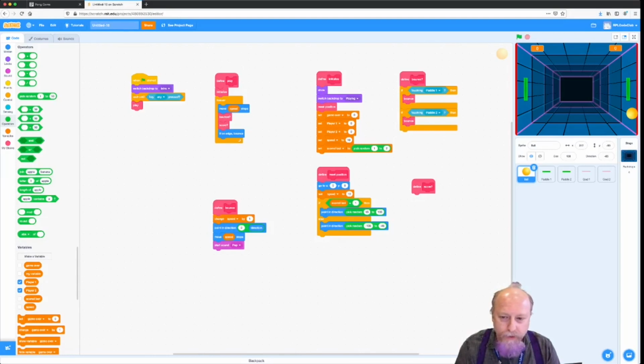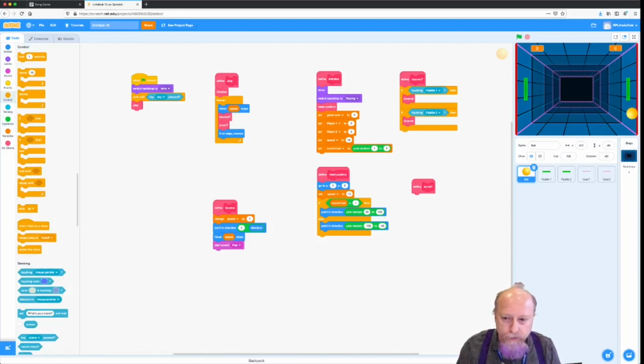All right, we want to implement the score, and this is one of the more complex bits, I think, but nothing too bad. We're going to take it step by step. So we're going to need an if block. And so how do we know if we've scored? Well, we hit one of these goals, right? So if,